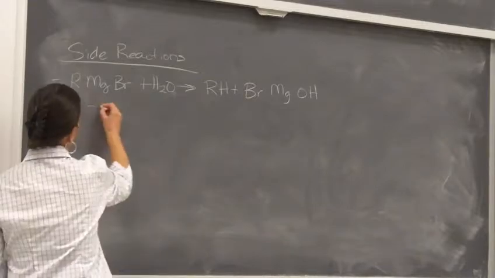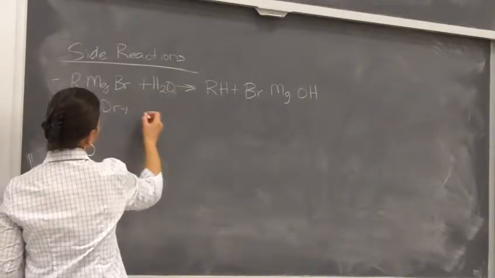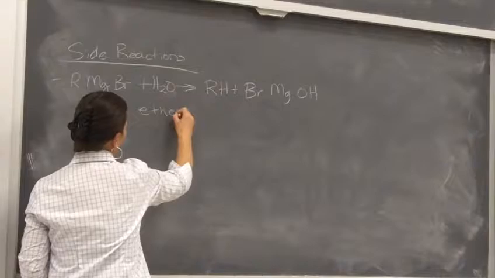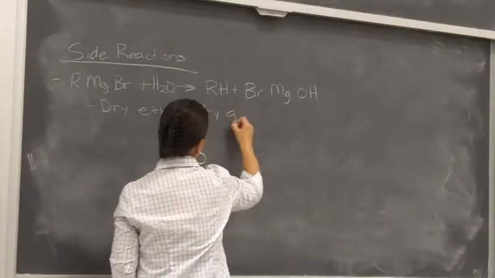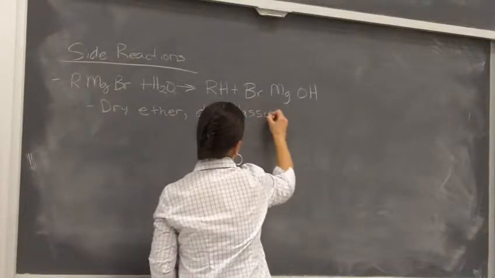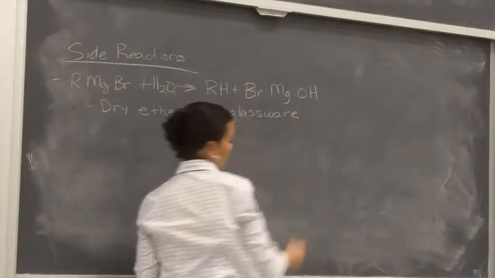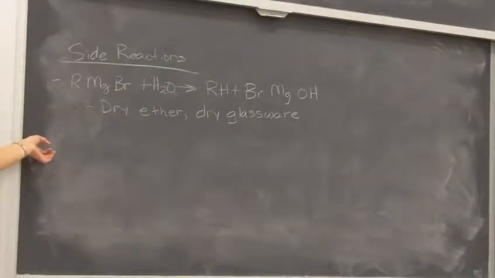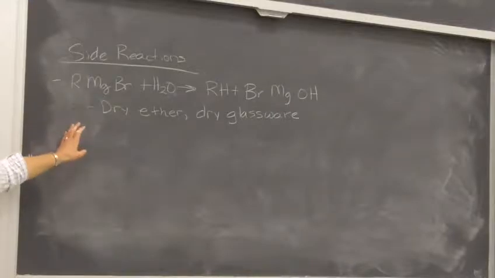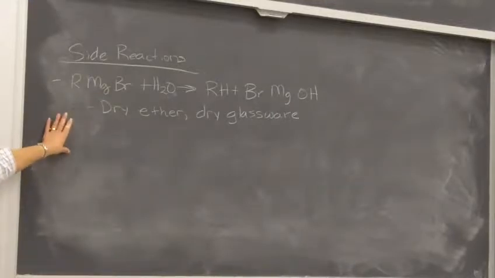So to prevent this from happening, first of all, we use dry ether for the reaction, and we're drying our glassware before you start forming the Grignard reagent, okay? So that's why we're coming to lab early this week, either 7:15 for the morning labs or 12:45 for the afternoon labs, so we can get our glassware in the oven and make sure we don't have any water on